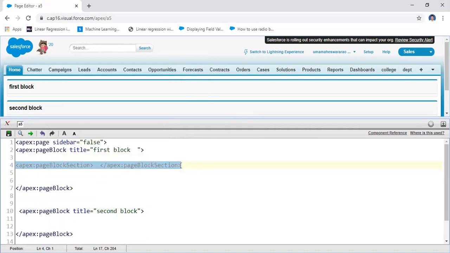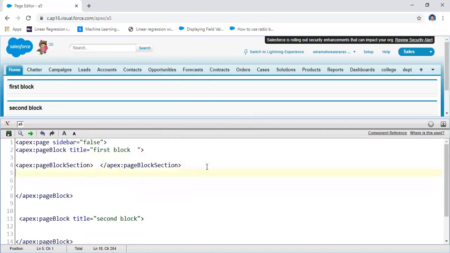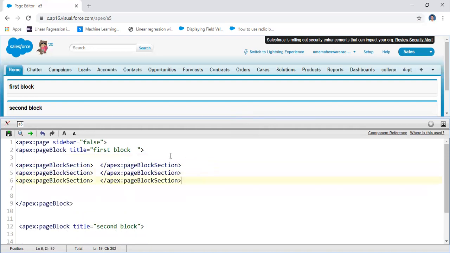What is the page block section? The page block section is used for dividing into different sub blocks. Under it I'm going to create n number of subsections. For example, first subsection Uma, Rama subsection, let us assume Shiva subsection. Let us assume these subsections are there.